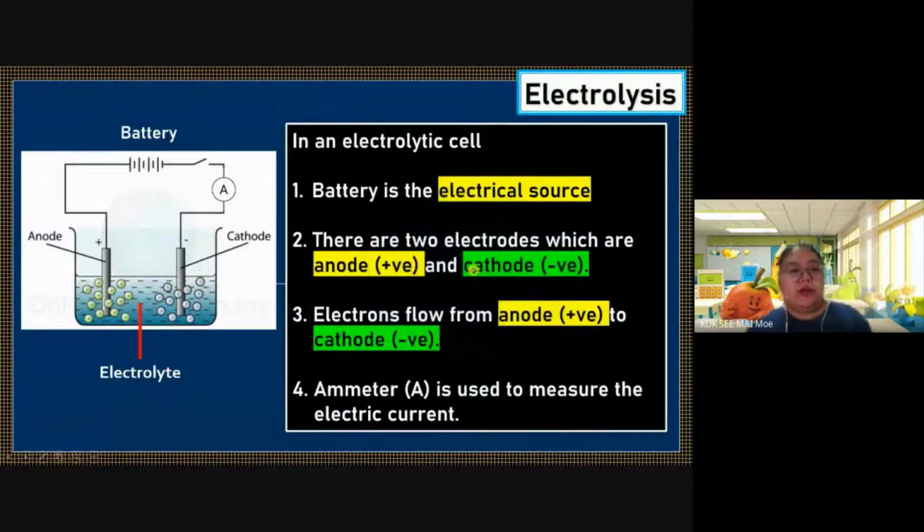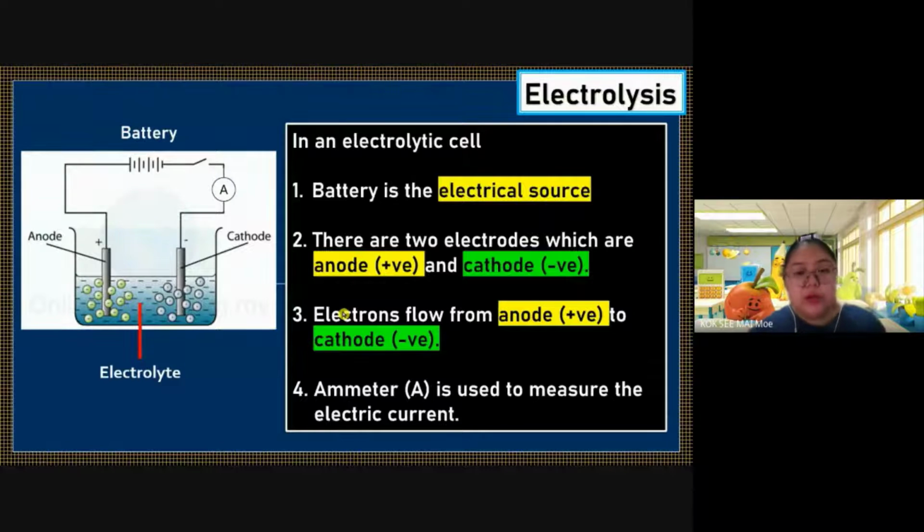In an electrolytic cell, the battery is the electrical source. There are two electrodes, which are the anode, positive, and the cathode, negative. Electron flows from the anode to the cathode. How does the electron flow? The current starts to flow from the positive, goes through the electrode, then goes up to the negative, and goes back. This is one complete